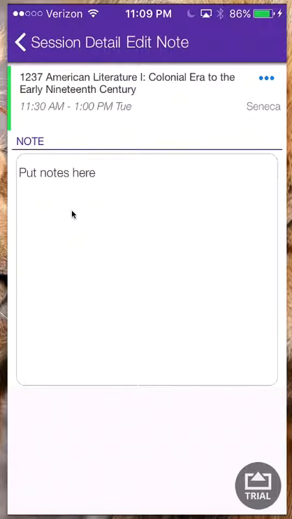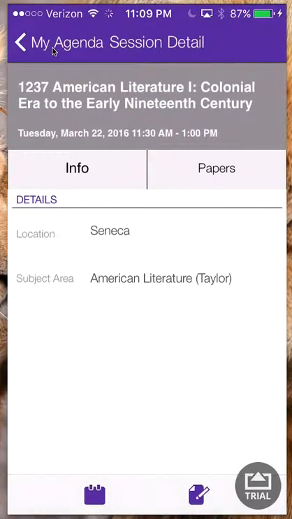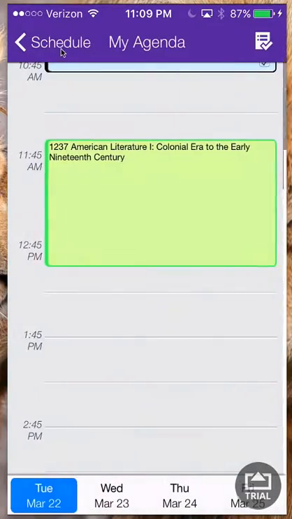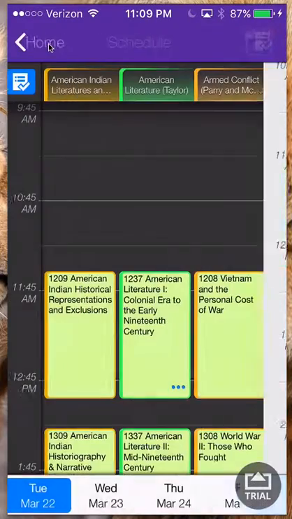We can download them onto our computers. We can send them via email. So we do have a lot of attendees who choose to take their session notes within their device, as it's easier to keep track of than, say, paper. So we're going to go back into the session details, back into the agenda, back into the schedule, and then